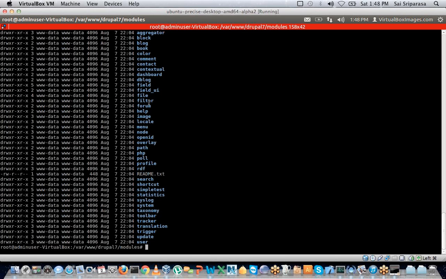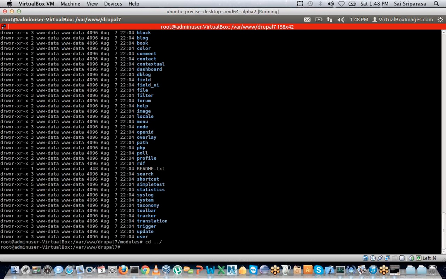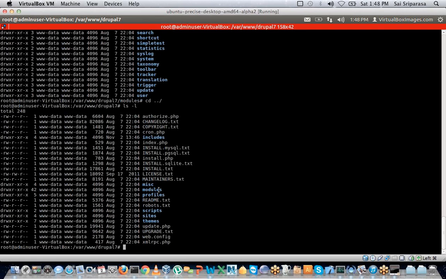We will look at how each module is built, or what it takes for each module to be built, at a later point. But one important thing to understand is this is where all the system modules or Drupal modules live. The other thing to keep in mind is this is not the